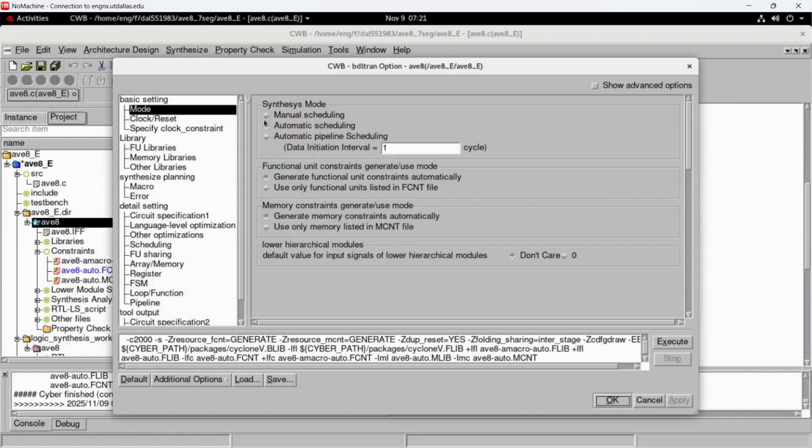Then we have automatic scheduling, where the Cyber Workbench itself does the scheduling for you, fully automatic. And then there is pipeline scheduling, which is another good option that CWB provides. Mine would be automatic scheduling, and once you click execute,